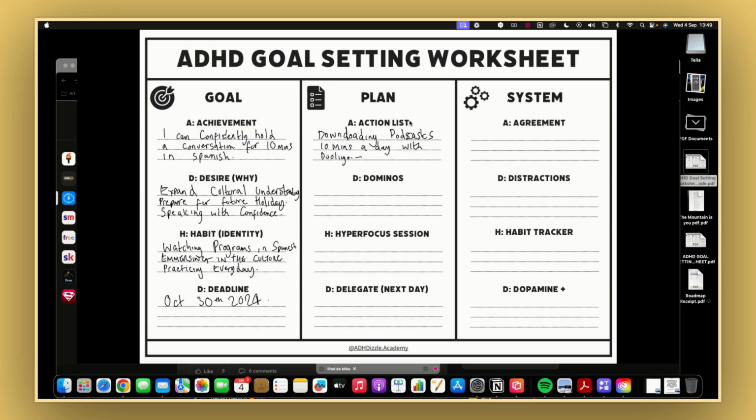But then you have to identify what the top 3 would be, and that'll be your dominoes, right? That's your top 3 priorities. So what are the top 3 things that you need to do right now that are going to get the ball rolling? So you don't have Duolingo on your phone. Obviously, that might be one of the main goals, right? Download Duolingo or whatever learning app that you want to use. It might be, look, I need to find a podcast that is beginner friendly that I can subscribe to. That might literally be just the action that you need to do now.